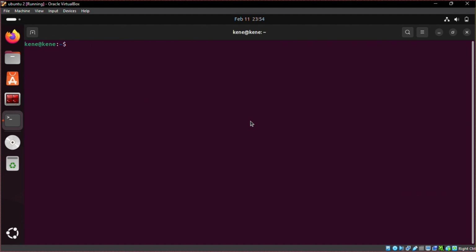So here on the terminal, all you have to do is say sudo. Sudo means super user do. That is, we're saying we want our root user to grant us access, to permit us to install Nmap. Apt is the package manager, which is what allows us to install applications on Linux operating systems. Apt install